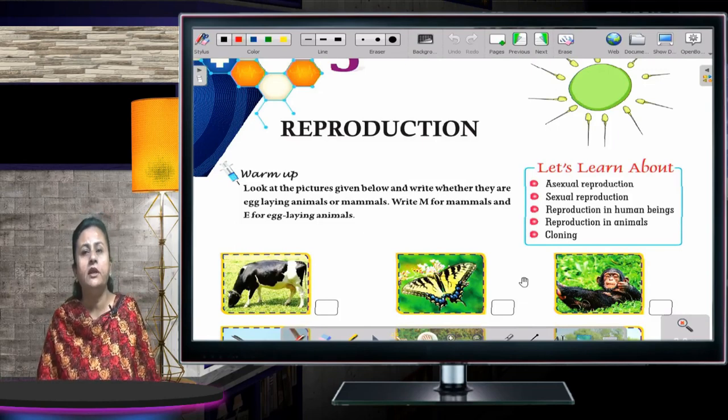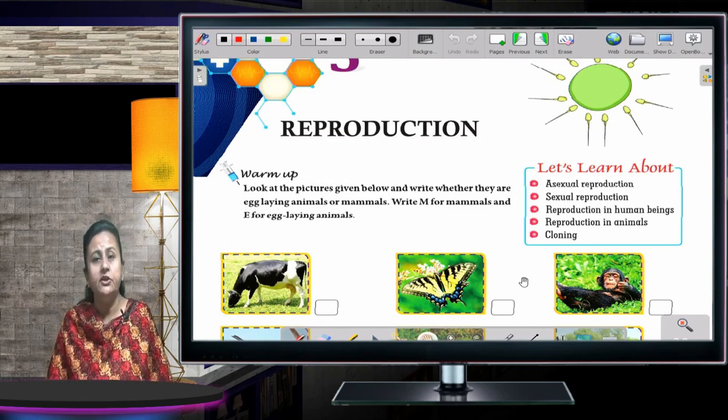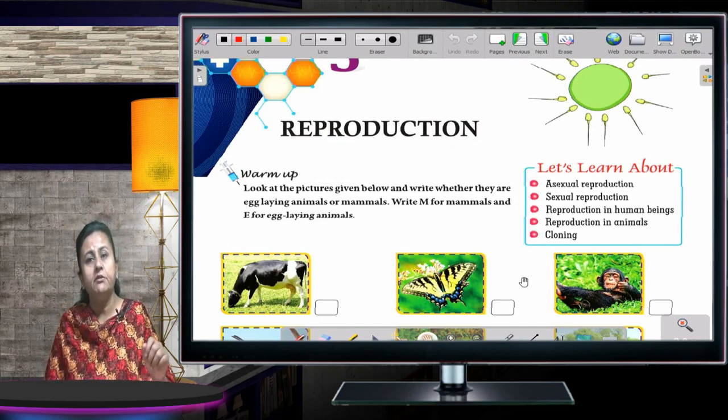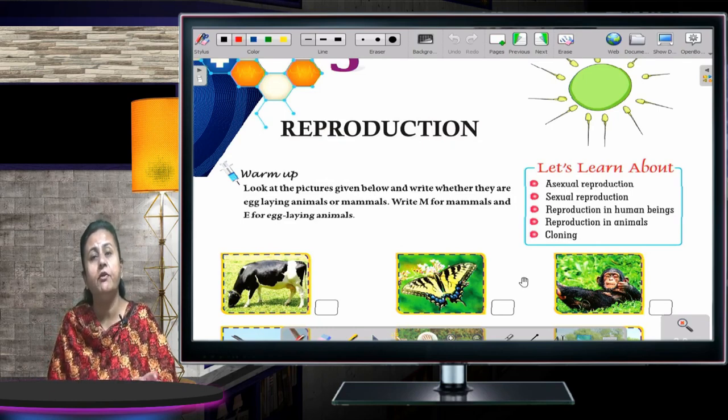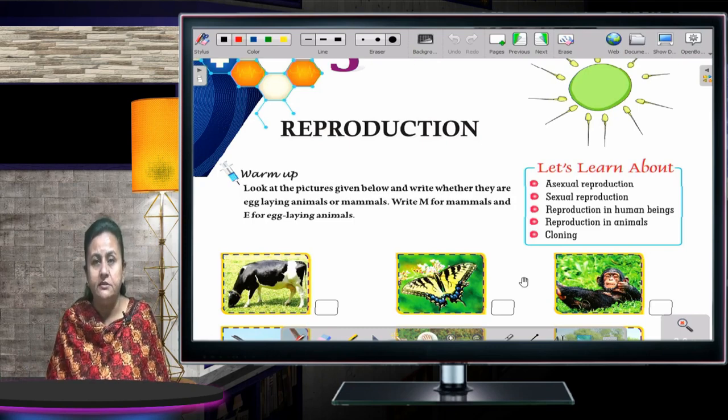Okay, so first of all let me tell you what is reproduction. See children, every living organism, for the sustenance of life, has to perform various processes like digestion, ingestion, and so many other things. So reproduction is also a part of it. In reproduction, the living organism gives birth to offspring which has the same qualities which the parent has. Okay, that is reproduction. The giving of birth of the baby is known as reproduction. Okay, so you can see on your screens now.